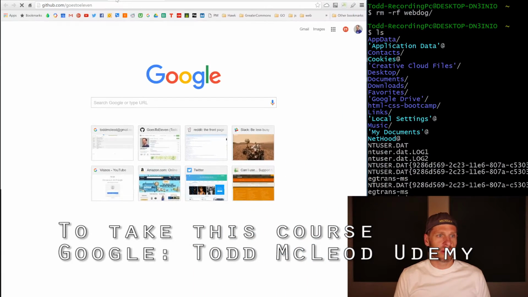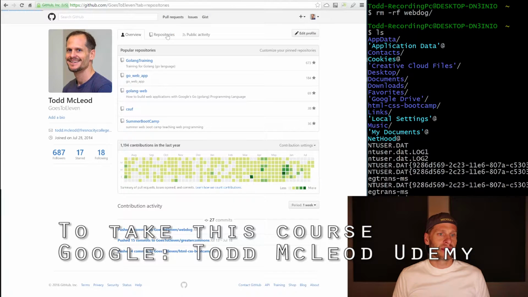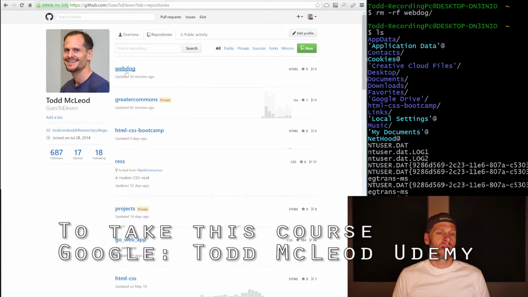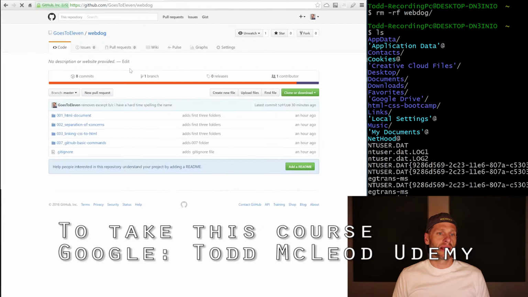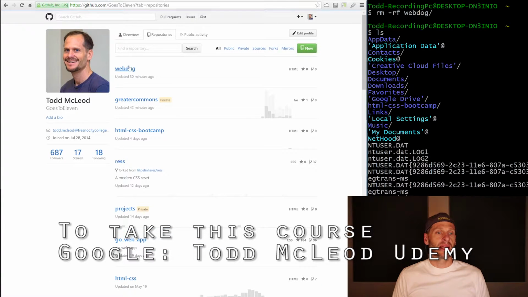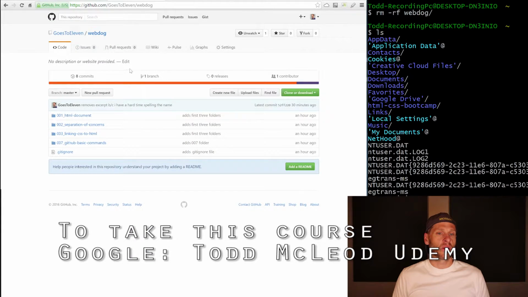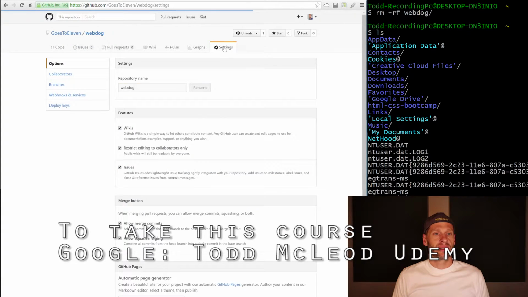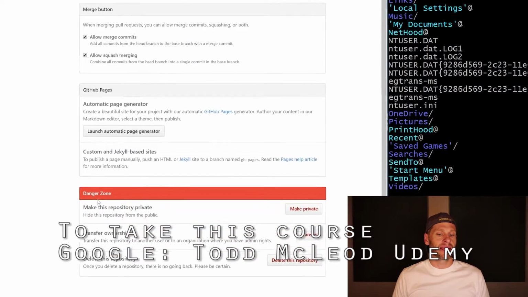How do I delete it remotely? I come into GitHub. I come into that repo, so there's webdog right there, and I go to settings, and by the way, I did that a little quick. I come into my account, and then I go to repositories, and then I go to webdog, that repository I want to delete, and then I go to settings, and in settings, I come down here to the danger zone,